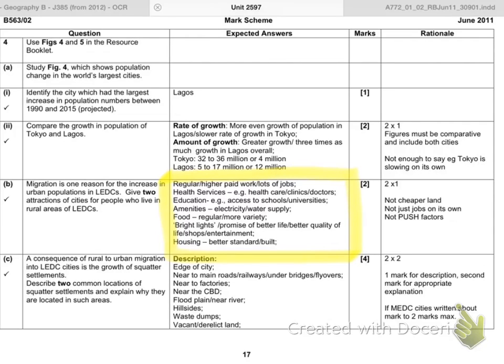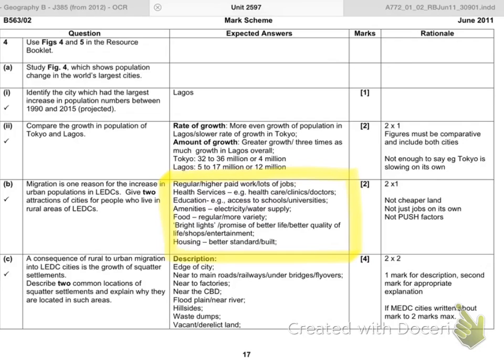Okay, so check your answers, add some extras just to make sure that you've got them. Make sure that you've got some decent answers to be able to revise from. So how many of these did we manage to get in the classroom? Hopefully there's lots of jobs, that's what they'll be hoping for. Health services, education, and so on. Bright lights is one of my firm favourites. Promise of a better life, wanting to have a higher standard of living compared to what they have in a rural area.